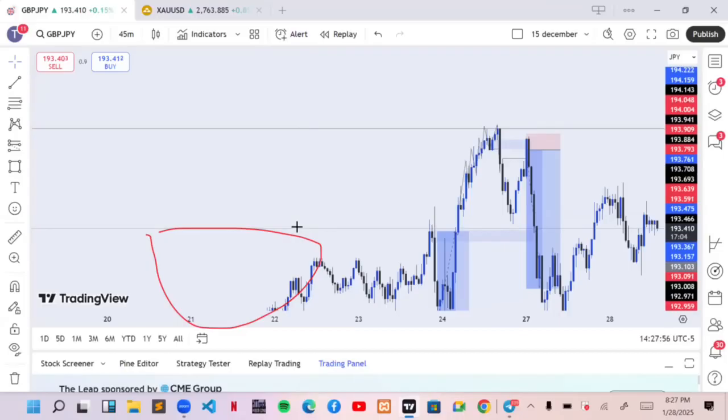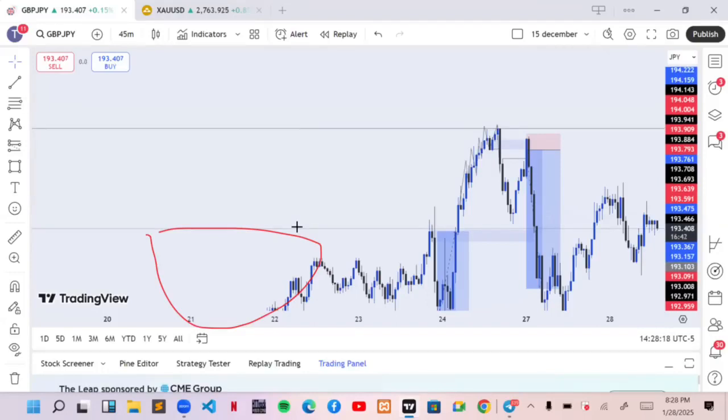The reaction I'm waiting for is the strategy that I taught you guys: the structure shift or break of structure, your inducement, and your POI. That is the reaction I'm waiting to see there. I don't just jump in, because you can jump in and get taken out. It's only when price comes to that zone that I'm expecting price to sell or buy from that I will now